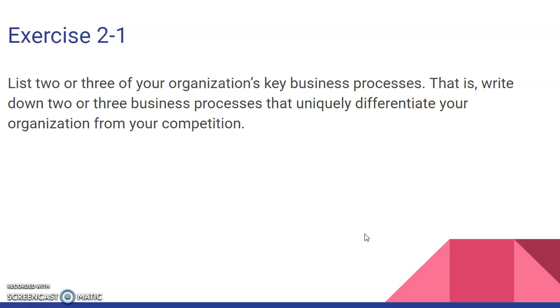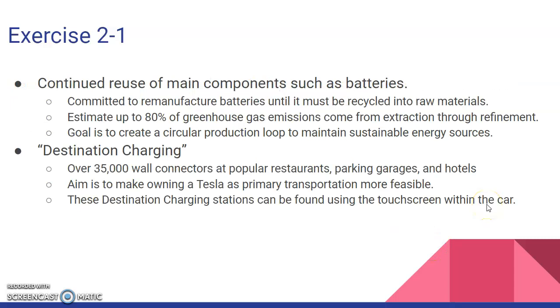So for exercise 2.1, we were asked to list 2 or 3 of our organization's key business processes. As previously mentioned in other presentations, our team is selected to do our semester-long projects on Tesla. So 2 or 3 of our key business processes include the continued reuse of main components, such as the batteries